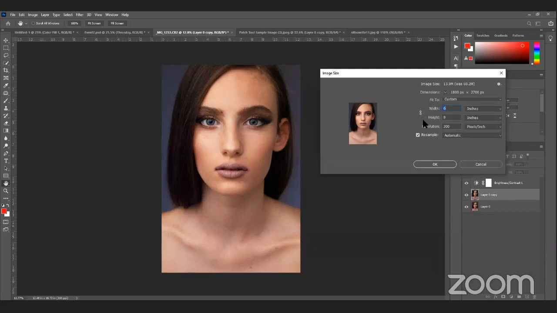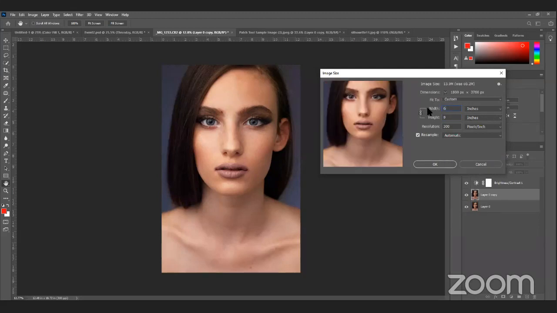Okay, so if I unlink width and height, now I have free hand on width and height. Some like 4 by 6 is a common size. Now you can see in the preview itself what exactly is happening. It distorts the image. So if I click on it and then do 6 by 9, it is fine. So that's a very basic rule that we have to follow: do not destroy the aspect ratio. So this is what we do here.